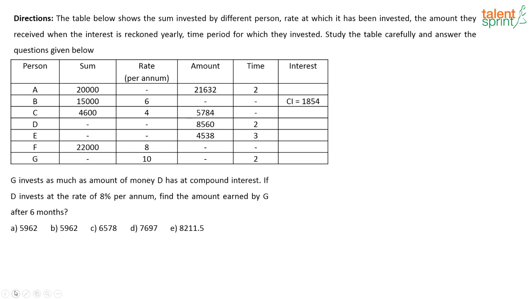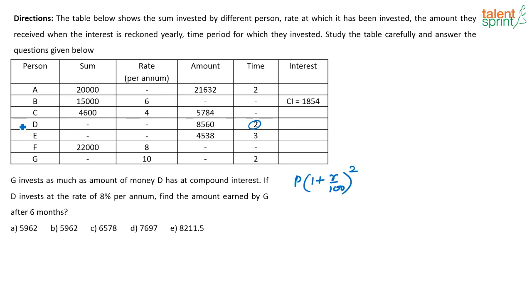G invests as much amount of money as D has at compound interest. If D invests at the rate of 8% per annum, find the amount earned by G after 6 months. So what is given here? G invests as much amount of money D has. So basically the investment of G and D is the same, and D has invested something in compound interest. So D has invested some principal P at compound interest for 2 years. So P times 1 plus R by 100